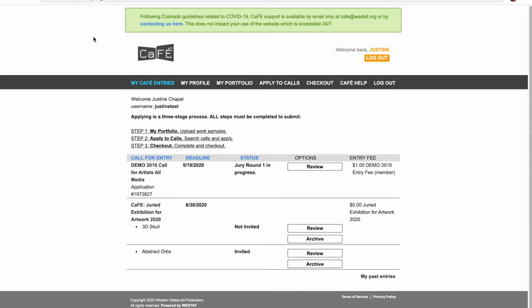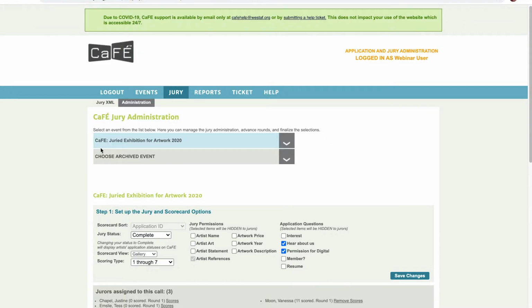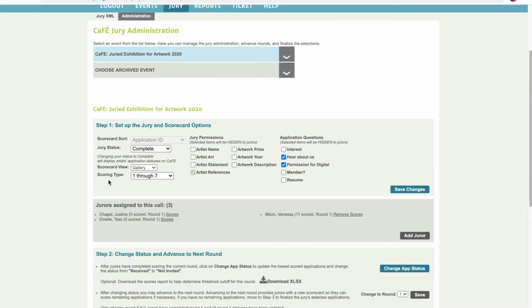You also don't want to forget this step because it gives the artist the chance to confirm which pieces were invited and which ones were not invited if they had multiple submissions. So while I showed you how this is included at the top of the email, it's always good to allow artists to go to their page to clearly see which ones and confirm the statuses. All right, so that's the next step that you have to complete before finishing up.